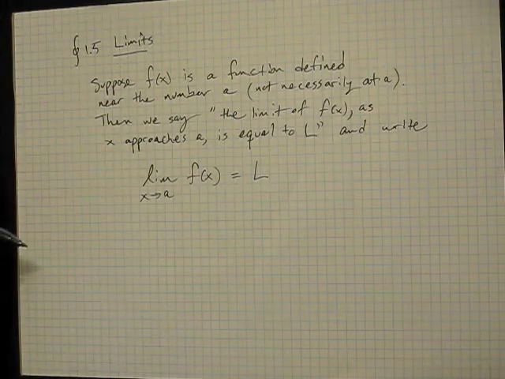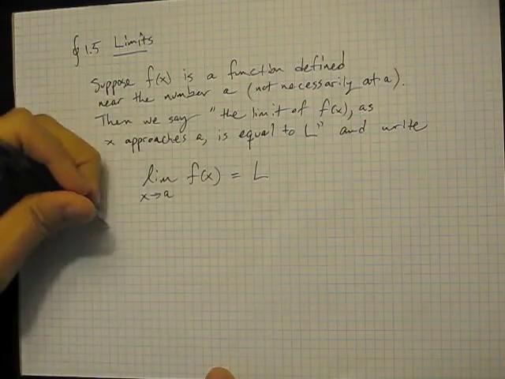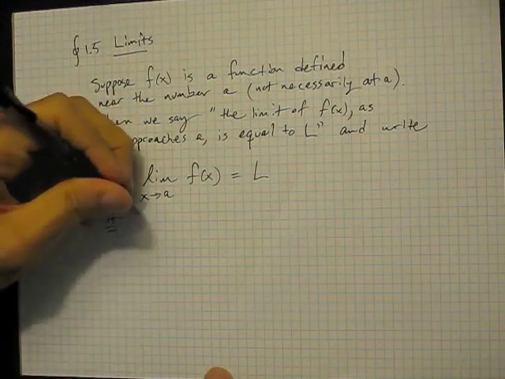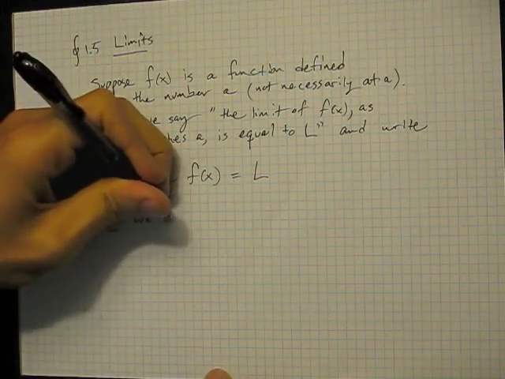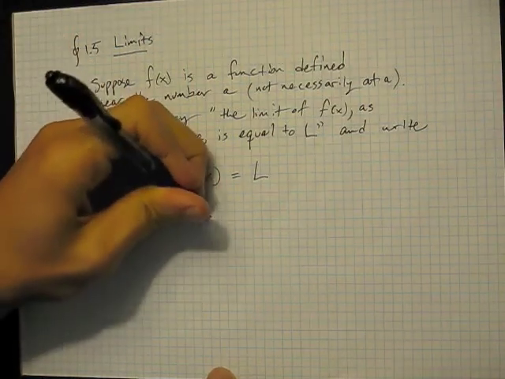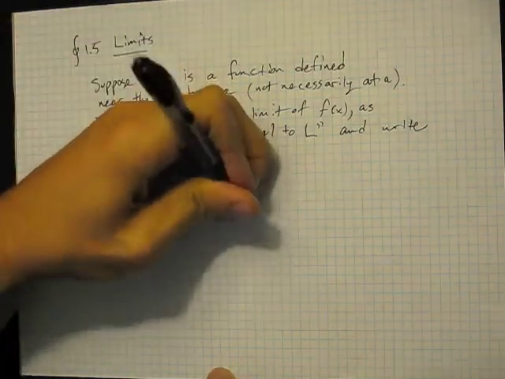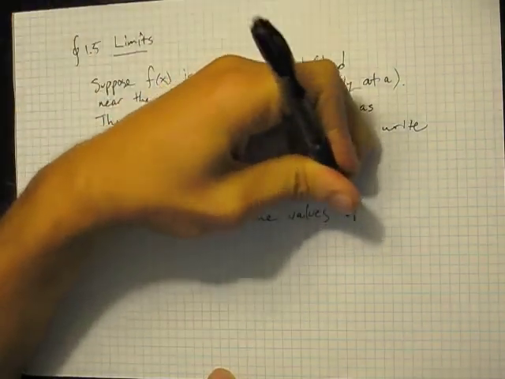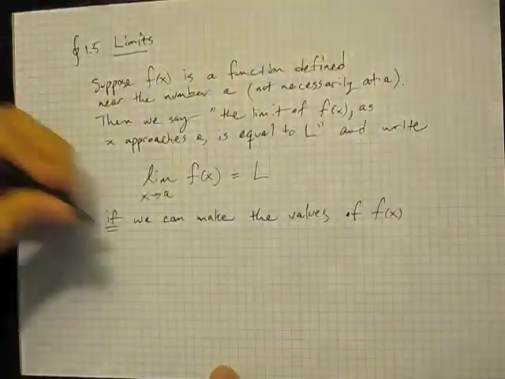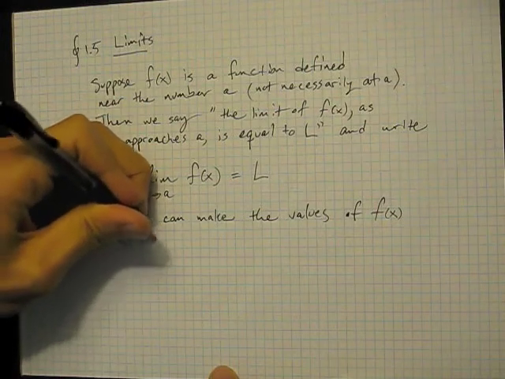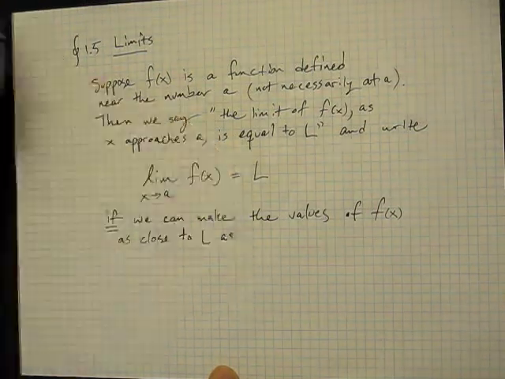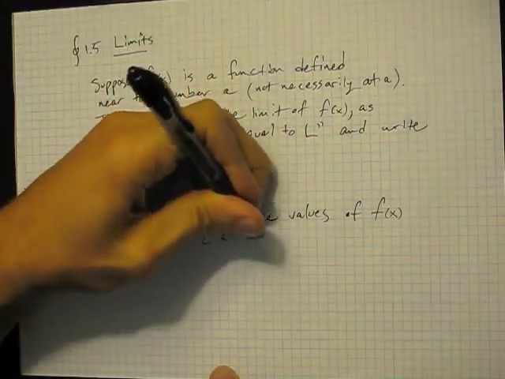Anyway, so we say the limit of f of x as x approaches a is equal to L, and we write this limit equals L if, so this is if we can do the following. If we can make the values of f of x as close to L as we like. As close to L as we like